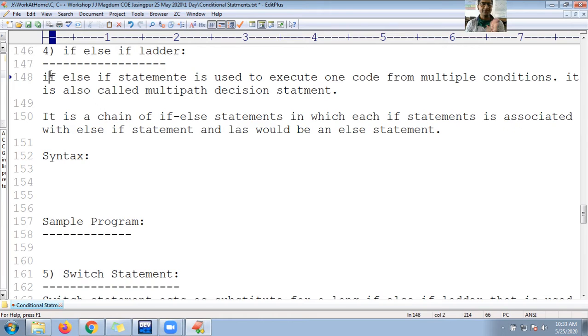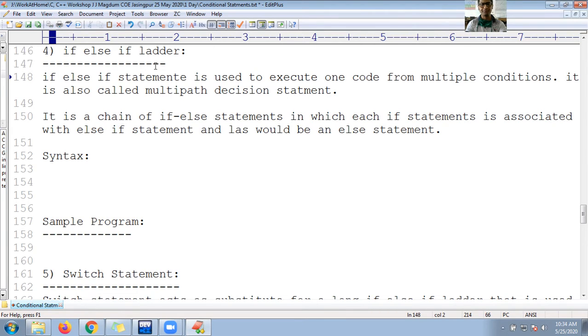So when to use the if else ladder? If you have multiple conditions to execute, then you can use the if else ladder. You can call it a chain of if else statements: if, else, again if, again else, again if, again else. At last, at least one else is required.